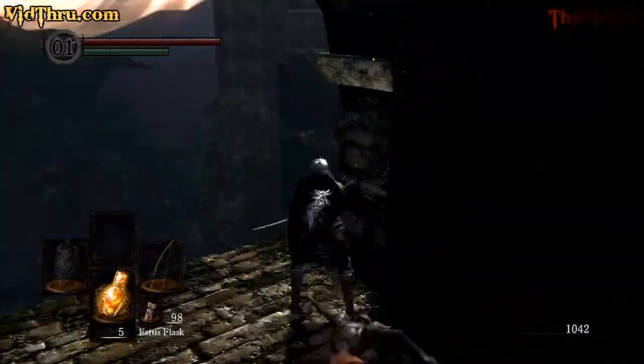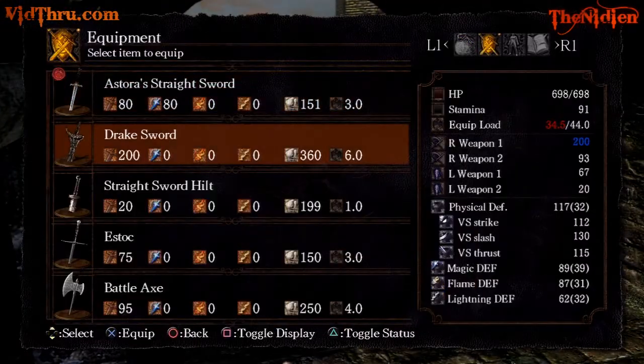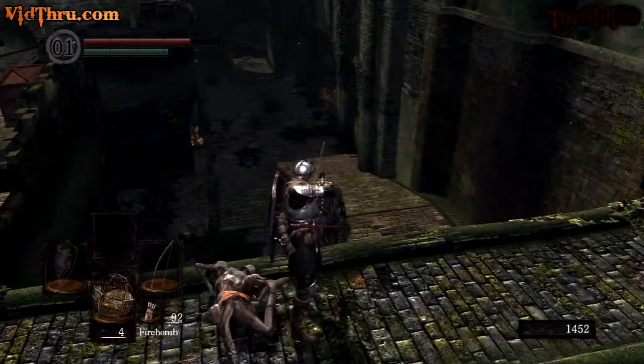Now the second tip I want to give you guys is on the next little boss that you're going to be coming up, well, not a boss, but maybe like a little mini mob when you're coming up into this next little area. So the second little tip and trick I wanted to get you guys some armor for is